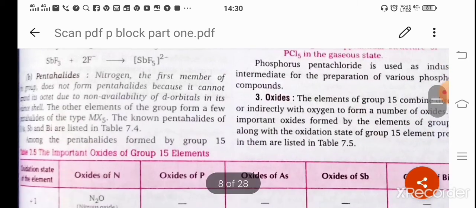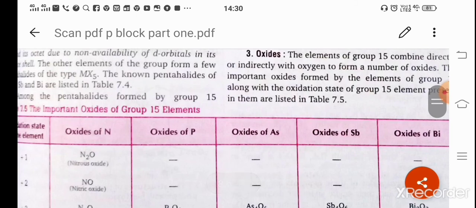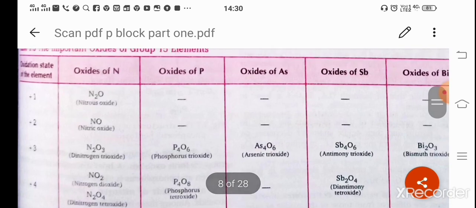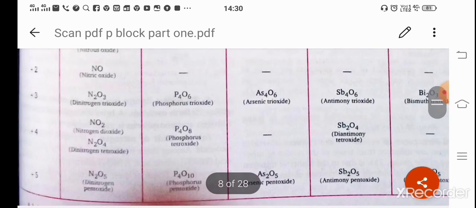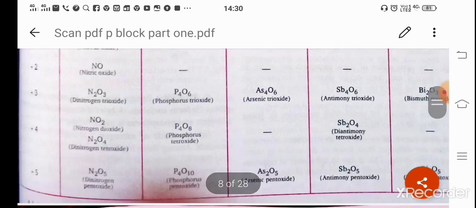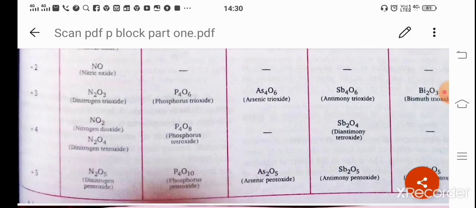Now coming to the oxides, which are also formed in two oxidation states, +3 and +5. They show acidic behavior in both the +3 and +5 oxidation state oxides. +5 is more acidic due to the higher oxidation number, but down the group, within one oxidation state from N2O3 to Bi2O3, the acidic character decreases due to increase in size. It means down the group the acidic character of the +3 oxidation state oxides decreases, and the same is true for +5 down the group. The oxides' acidic character decreases due to increase in size.